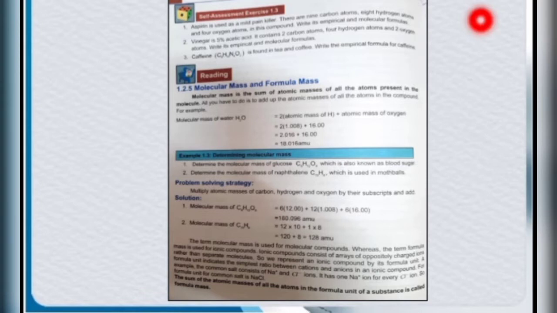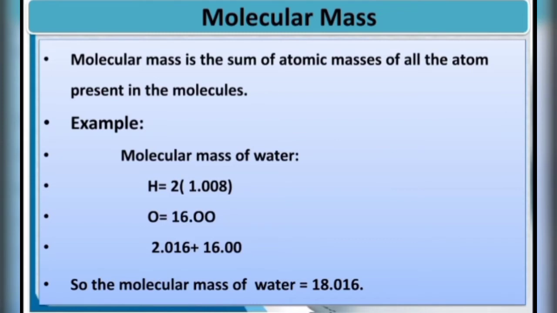This is your book page number 14. Open this page in front of you for better understanding of the topic. So students, our first topic is molecular mass. Molecular mass is the sum of atomic masses of all the atoms present in a molecule. Students, all you have to do is add up the atomic masses of all the atoms present in a compound. For example,